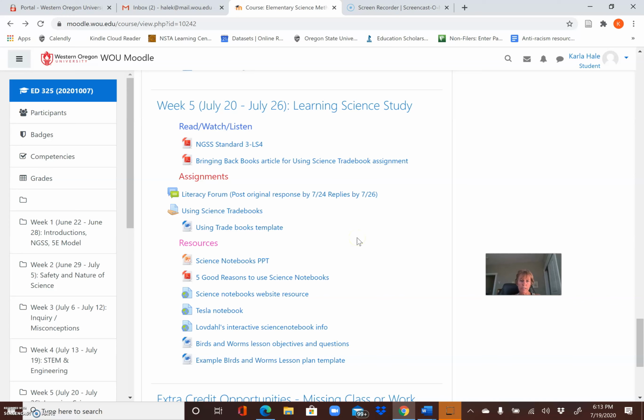So we're addressing reading with the trade books, and we're going to address writing with the notebooks. And so I've given you some resources, a PowerPoint to look at, an article to read about using science notebooks. There's a website resource. There's also a couple of different